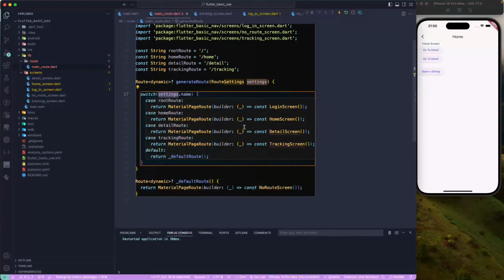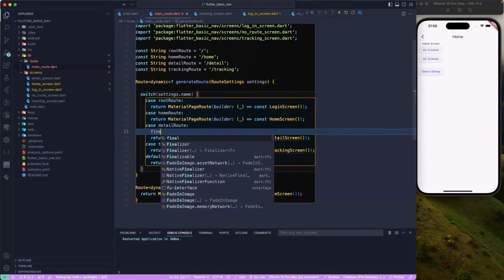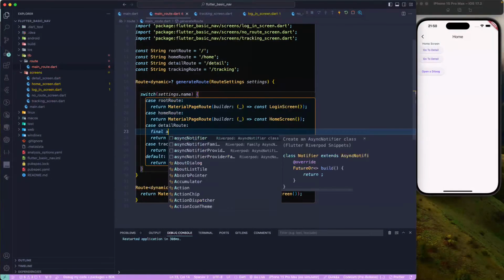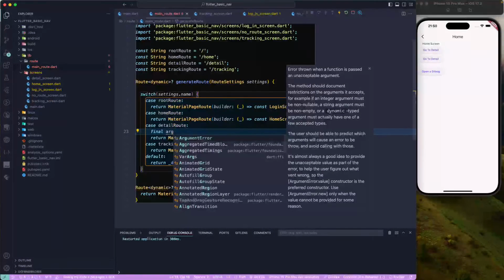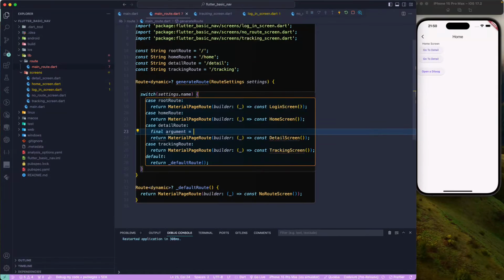So let's go over here and get the final argument, and we'll get it from settings dot arguments, and we'll just map it as